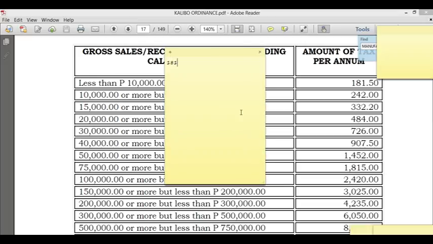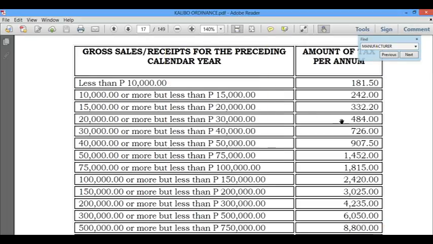Okay, so 150, 242, 332.2, 484, 726, 907.5, 1452, 1815, 2420, 3025, 4235, 6050. What's next?